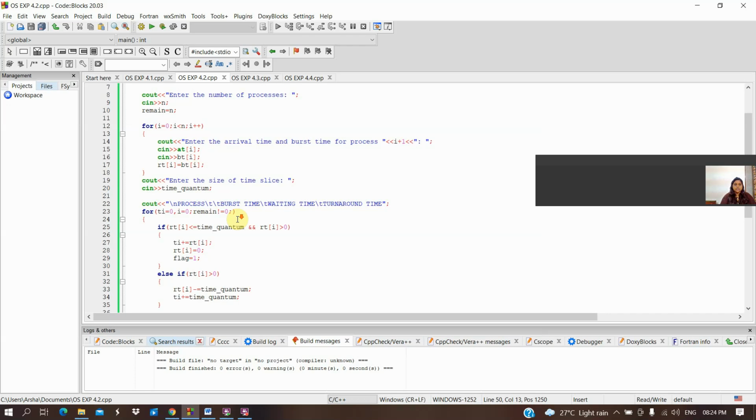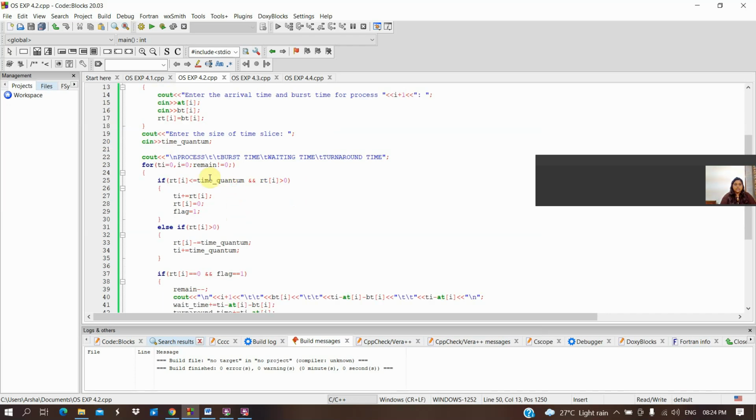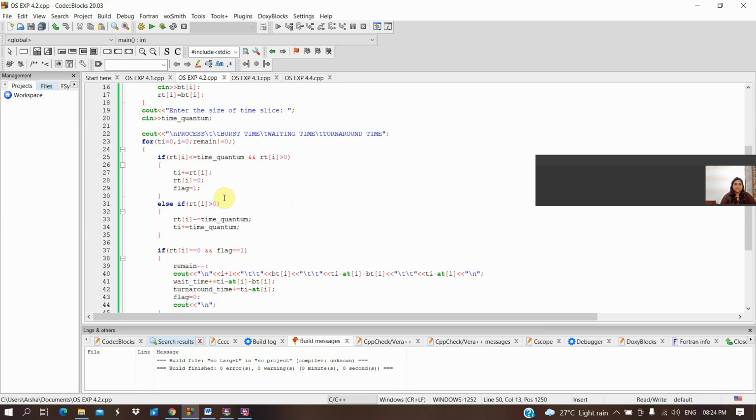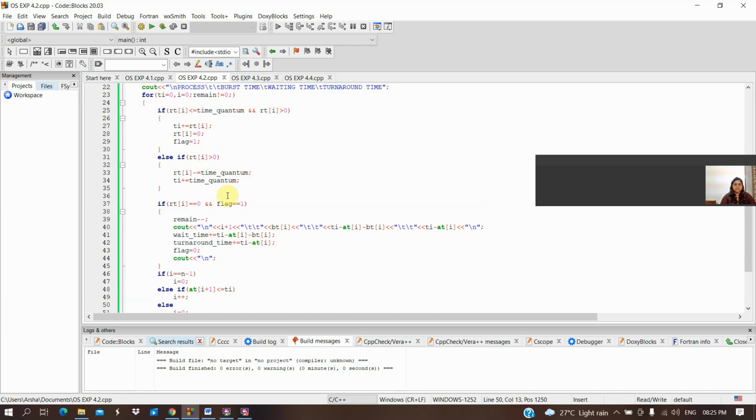In a for loop we have given i equals 0, ti equals 0, remain not equal to 0. If RT of i less than or equal to time quantum and RT of i greater than 0, it will do ti plus equal RT of i, RT of i equals 0, flag equal 1. Else if RT of i greater than 0, it will do RT of i minus equal time quantum, ti plus equal time quantum. If RT of i equals 0 and flag equals 0, it will do remain decremented and it will